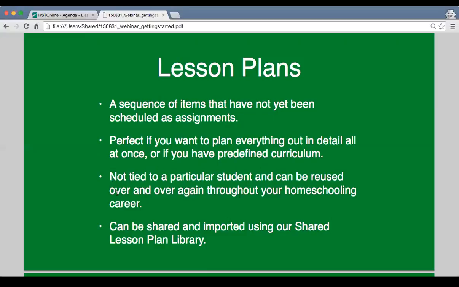And so that's really handy, especially if you have multiple students, or if you are part of a group or a co-op, for example. You might have shared curriculum or shared lesson plans. That's another really handy feature. And speaking of sharing, these lesson plans can be shared or imported using our shared lesson plan library, which has